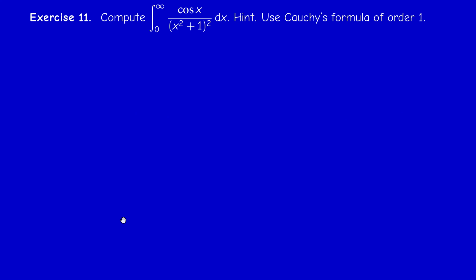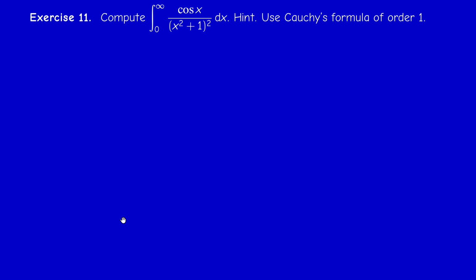Exercise 11: we have to compute the improper integral from 0 to infinity of cosine x divided by (x squared plus 1) squared. We are given a hint to use Cauchy's integral formula of order 1. This is very similar to the one we solved in the previous video, so we can work on the same loop,